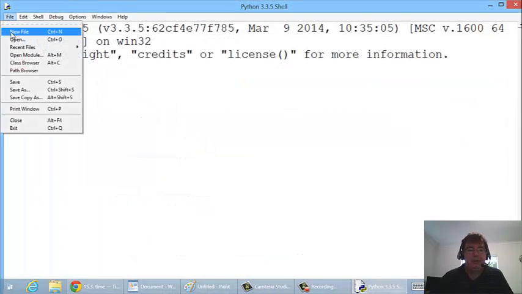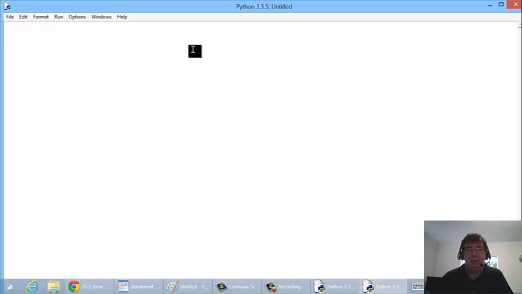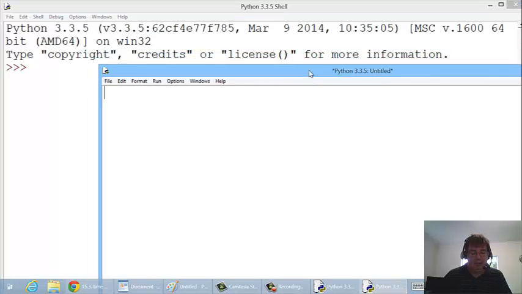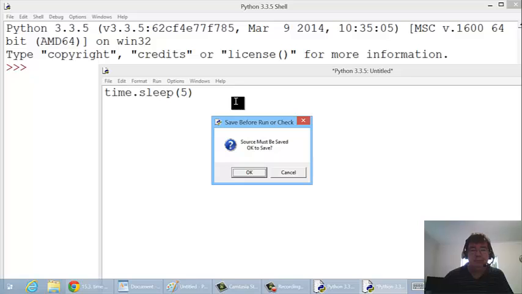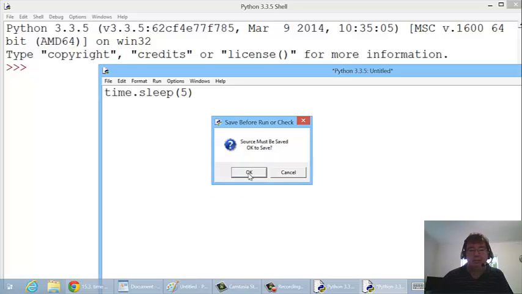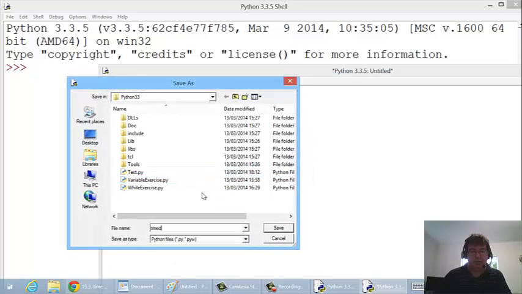We'll go into here and say File, New File, and what I'm going to use is time.sleep(5). So you can probably guess we're using the time library, the sleep function, which has a parameter or a value that you can pass to it, and I'm setting that to 5, which represents 5 seconds. Now let's just see how that goes when I try running that now. So I'll save my changes, and I might call this one time demo,